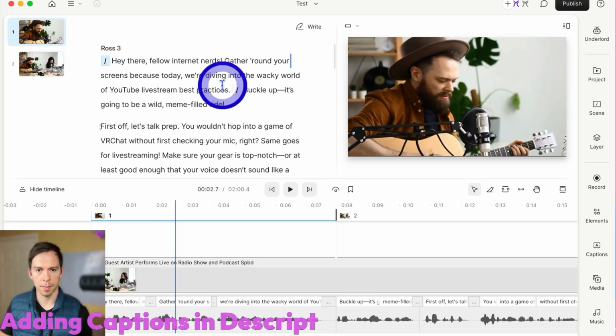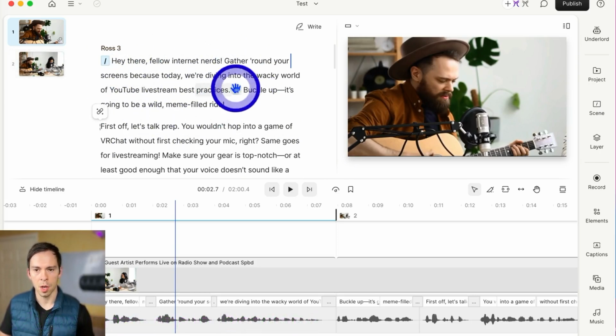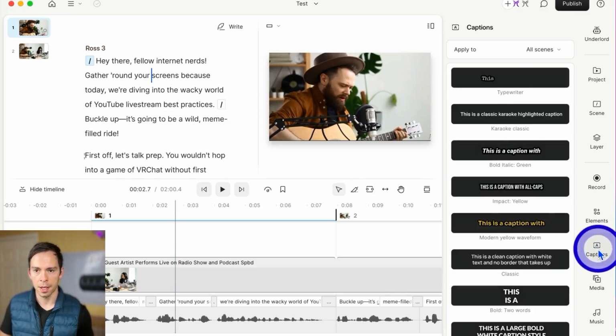Captions in Descript read your transcript. So the words here on the left that were transcribed from your voice will get displayed on the screen as the video plays. So to add them, you just go to Captions right here on the right side, and you